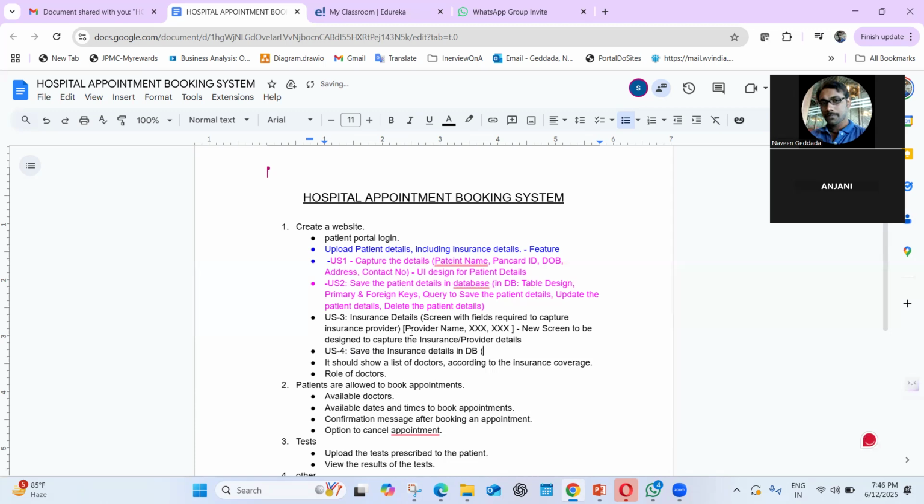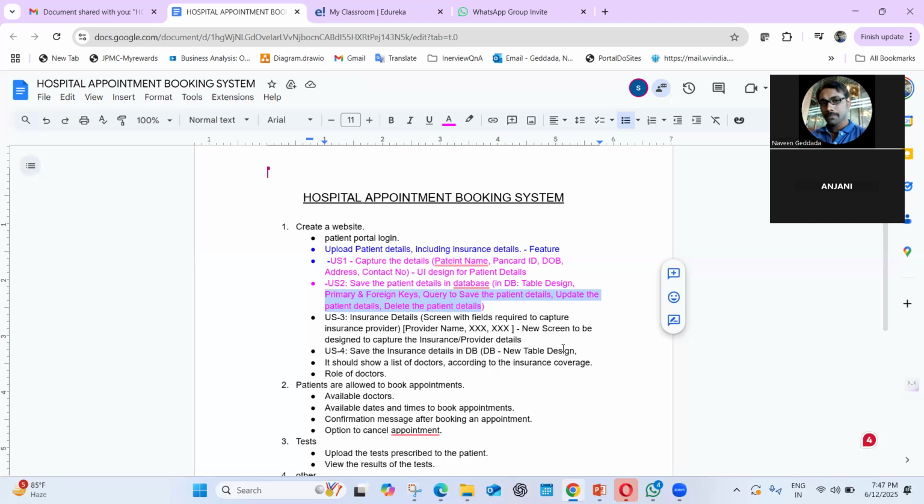Again in the DB, we are going to have a new table design, and the table should have the primary key and foreign key,